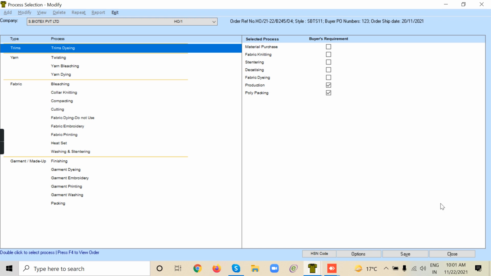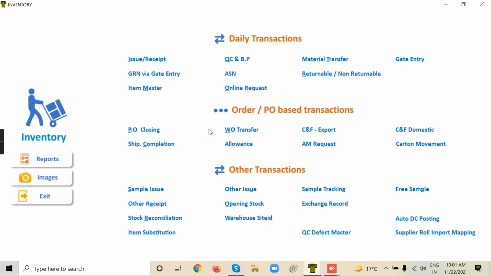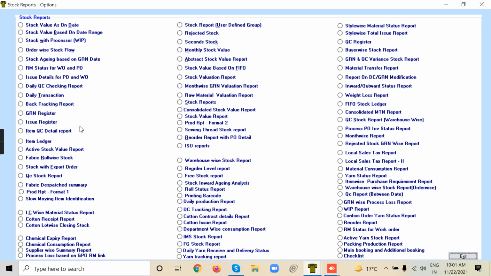I'll just minimize the screen. Let me show, I think the other day we saw this report, in inventory reports. For the stores person, this is the most important report. When all transactions are done, it is called the order wise stock flow.